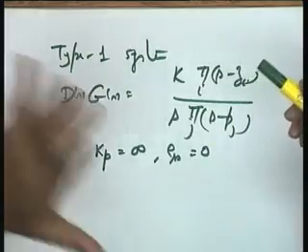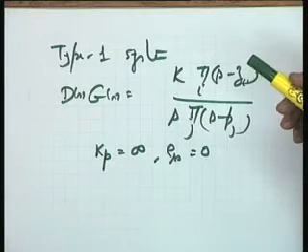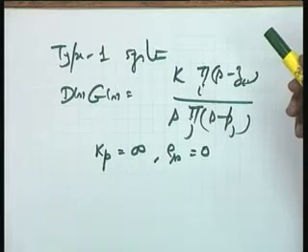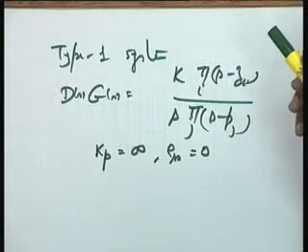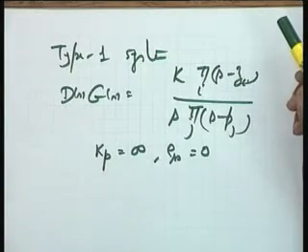And therefore, whenever a type 1 system is involved, you should not calculate the steady state error, you see. In one of the tutorial classes, one of you observed that the steady state error is always 0. Okay? It means it has got reasonably good steady state accuracy, steady state behavior.